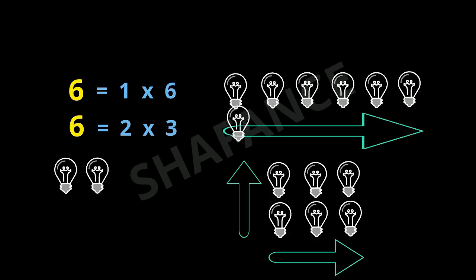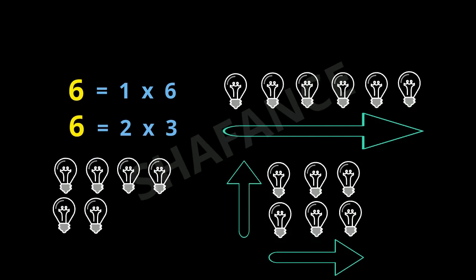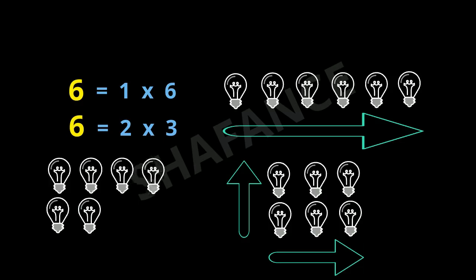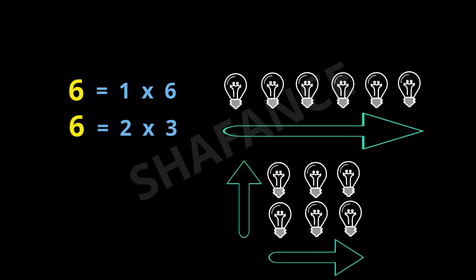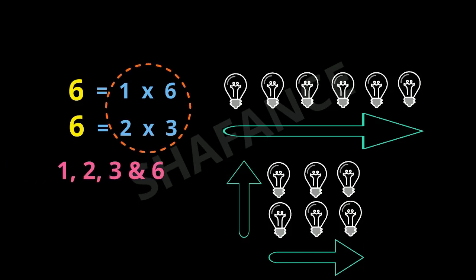So first row over here has 4 bulbs, but there are not enough bulbs to complete the second row. If 6 could have been written as a multiple of 4, then we would have either 4 rows or 4 columns having equal number of bulbs, but that we don't have. So 6 cannot be written as a multiple of 4. Now numbers 1, 2, 3 and 6 are exact divisors of number 6 because